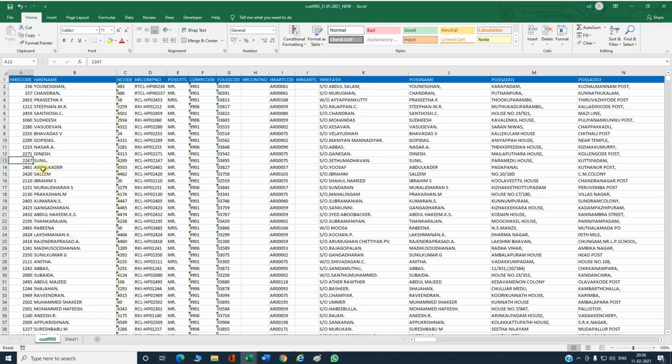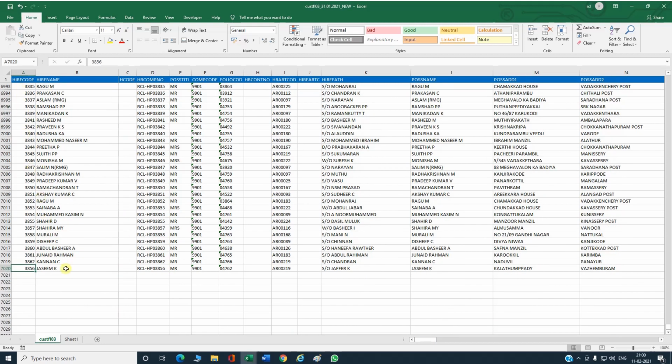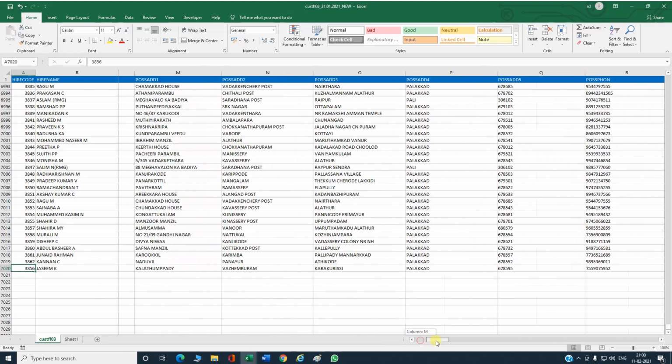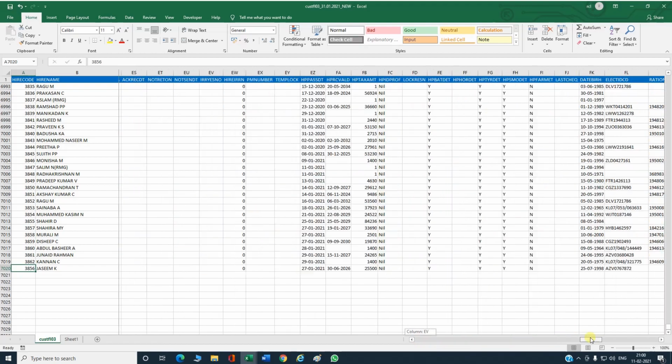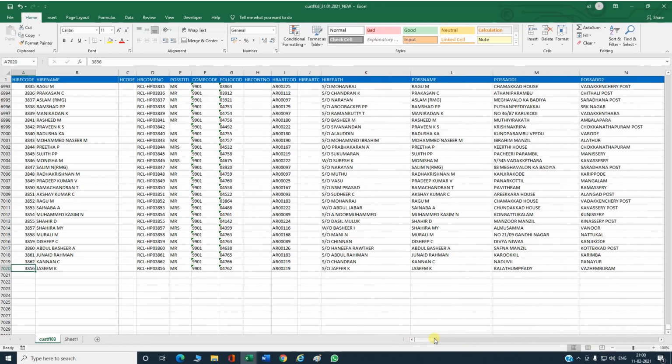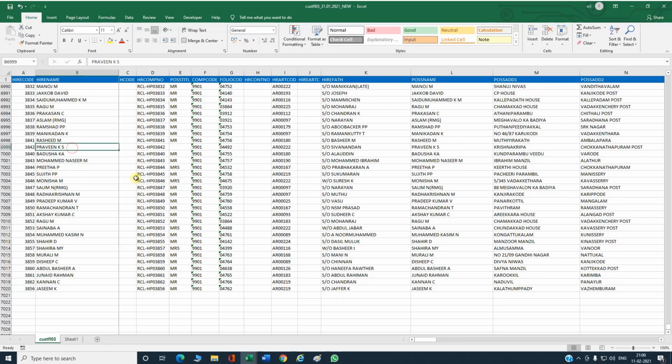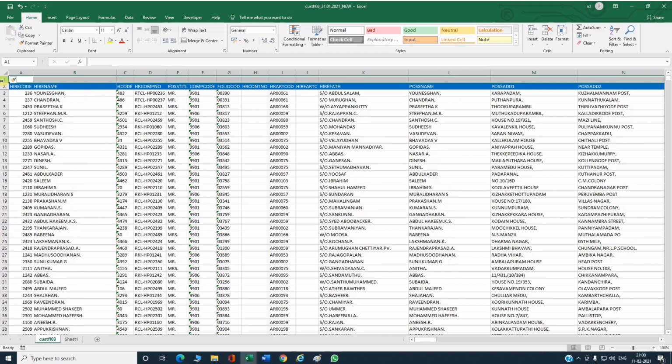So here I have given the account number. Based on the account number, how can we get a customer's data? Some data we can pull out. So many data here. By using that customer account number, how can we get the data? So the first step: wherever you are getting the data, from the software or from somewhere else, before using the VLOOKUP function, you have to prepare the data in a table format first of all.